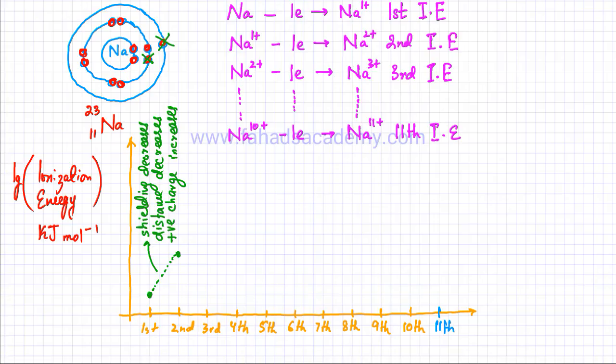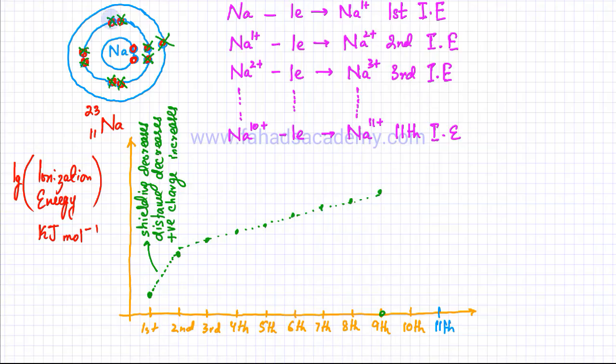Now, as I remove the third electron, and the fourth electron, and the fifth electron, and the sixth, and the seventh, and the eighth, and the ninth, so up to the ninth ionization energy, there's going to be a very slight gradual increase in the ionization energies. So that's my sixth, then I have my seventh, and then I have my eighth and the ninth. There is a very slight gradual increase in ionization energies, and the reason for that is that as you remove all